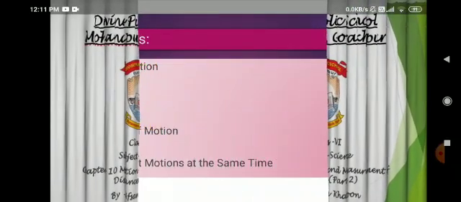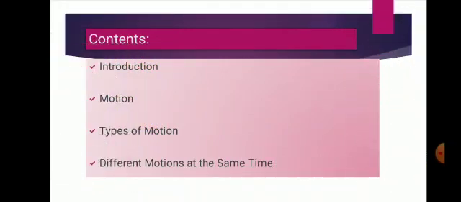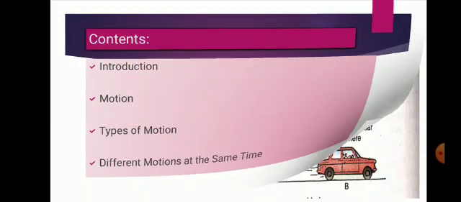First of all, let's take a view on the topics we will discuss here. So, in today's session, we will do introduction, motion, types of motion, different motions at the same time, and some activities for demonstration of motion. Okay, so starting with introduction,